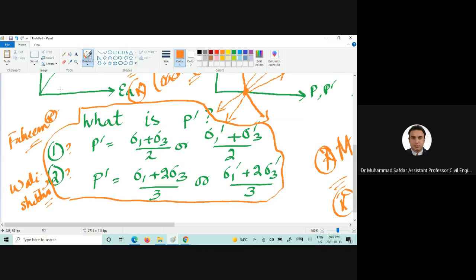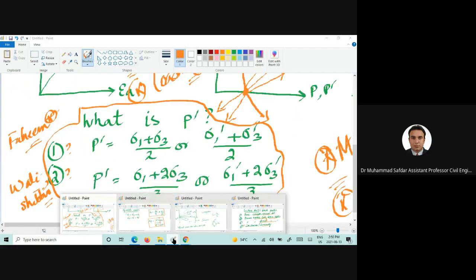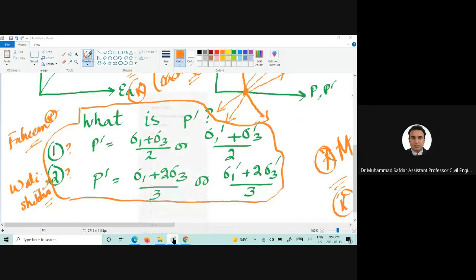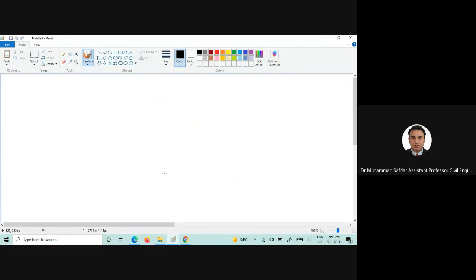Good point. Now let me draw something here, if I can. I was expecting a very yes/no answer, but we are going towards a good discussion here. So I will draw something. How about sigma 1 and how about sigma 3, and if I say sigma, let's suppose 2 here,